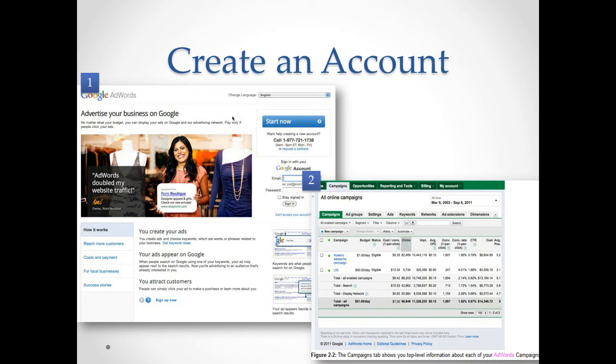So let's talk about opening a new AdWords account. Fortunately, Google has hugely simplified the process for opening an AdWords account, which is half the battle, right? First, you go to your web browser and type in http://adwords.google.com. The link is in the notes. You can choose a language other than English, if that's what your digital marketing strategy is in, from a drop-down list to the right, and Google will translate the page using their software into that language. Sometimes the button is labeled click to begin, or sometimes it's labeled let's start, depending on the version.